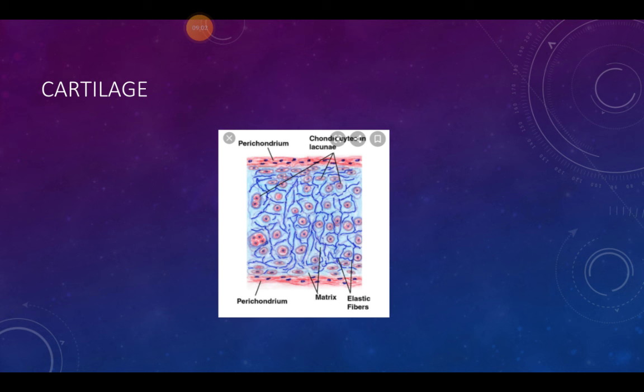Location of cartilage. It is found in the ear pinna, nose tip, lower end of the ribs, around the trachea and larynx, between the vertebrae and the knee joint. Functions of cartilage. It protects the bones of the joints and vertebrae from wear and tear. It gives flexibility, shape, and support to some of the body parts like the nose and ears.